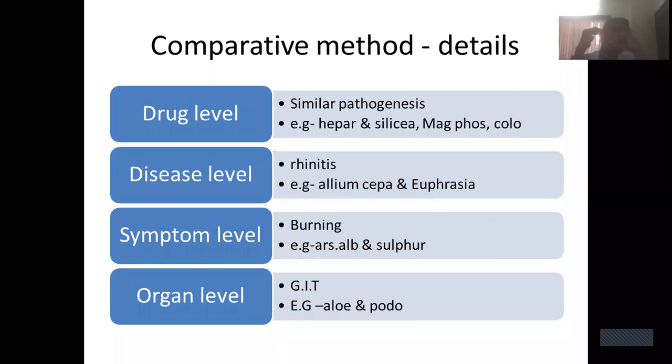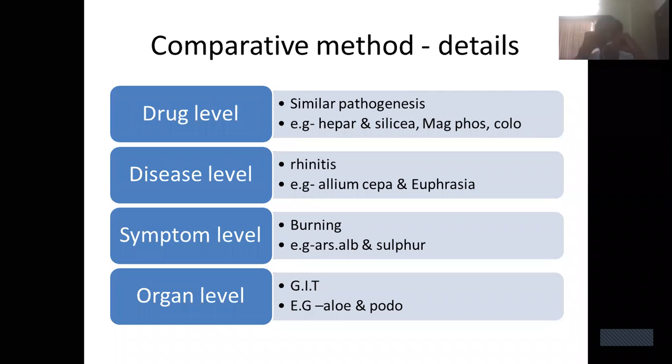We can write pages and pages under this heading of individualization, but the practical implementation of the individualization philosophy in homeopathic mathematics is that you must be thoroughly knowing the similarity and dissimilarity of various drugs or various remedies of homeopathic mathematics. And these comparisons, or these similarities and dissimilarities, are at various levels. When we read a remedy, when we learn a remedy, or when we study a remedy, this comparison goes at different levels. So the first